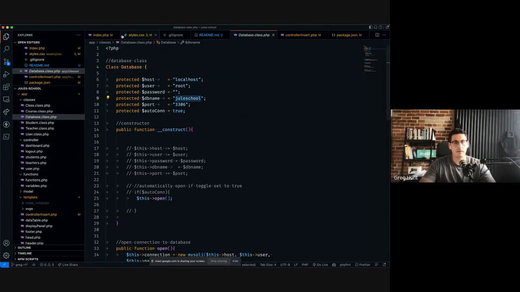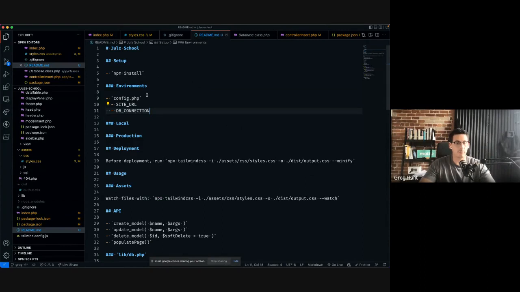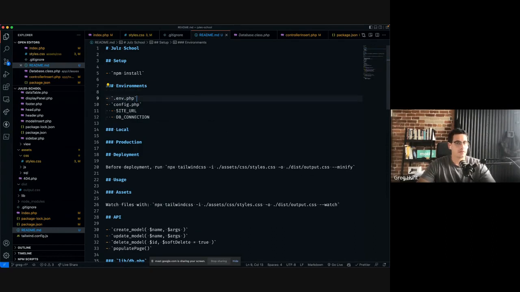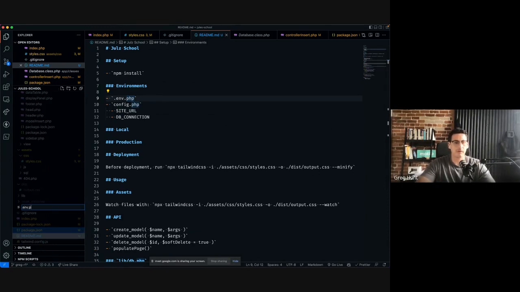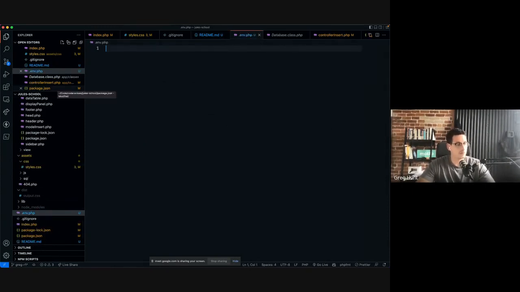So now that you have a config file, PHP config file, this config file should probably pull in a env.php, okay? So this env file is just going to be a simple PHP file. I'll make it here. And I'm making it hidden because we're not going to version it. Why? Because it's going to change from person to person, right? This is for their own convenience, right? So then in here,